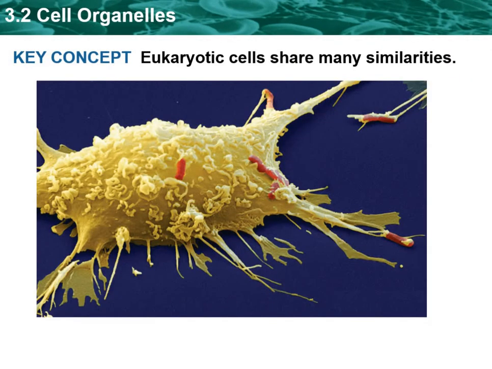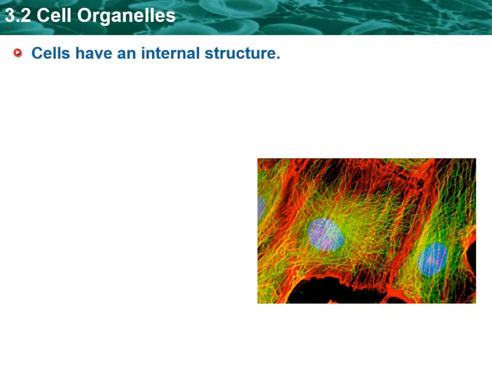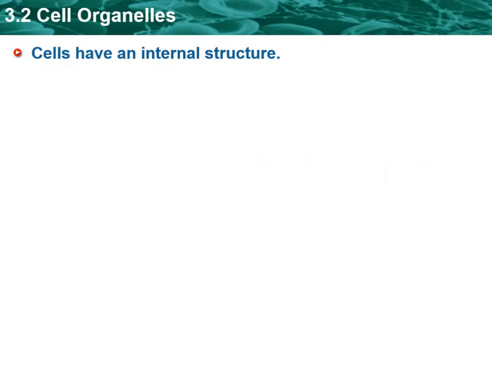Okay, in section 3.2, we are looking at the eukaryotic cells, all of the organelles that are part of the cell. So cells are going to have these internal structures that are called organelles. One of them is called cytoskeleton. So cytoskeleton, like if you listen to the name skeleton, sounds like what we have inside of us, same thing inside the cell. It's going to help hold the